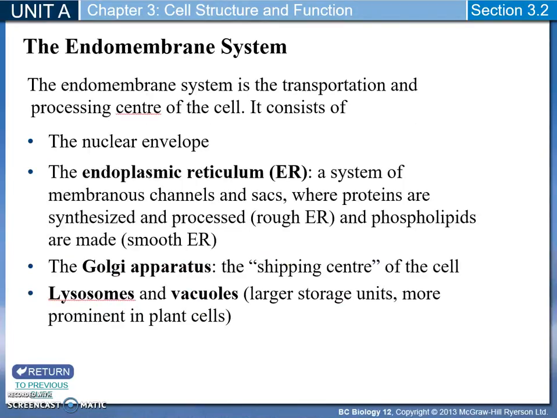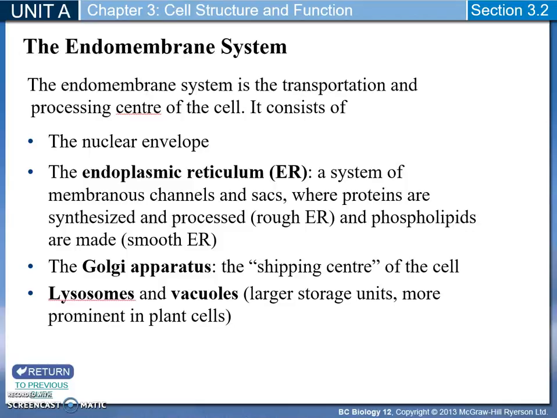The endomembrane system is the system for the transportation and processing of materials of the cell. It begins with the nuclear envelope itself, and then extends outward from there into the endoplasmic reticulum, which is a system of membranous channels and sacs where proteins are synthesized and processed either in the rough ER with the ribosomes, and phospholipids are made in the smooth endoplasmic reticulum, where you don't find the ribosomes. The Golgi apparatus